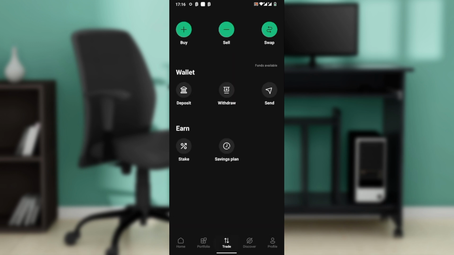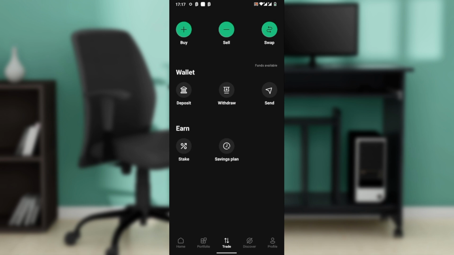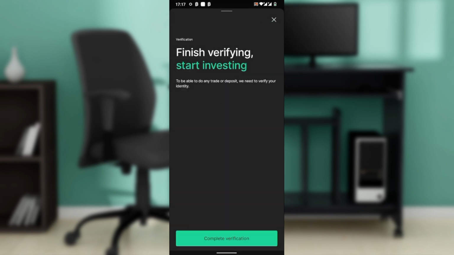Tap the trade button at the bottom of the screen, and you're going to see a couple of icons. From these icons, tap deposit. For you to go through the next steps, you need to verify. I can't verify because of selling restrictions, but after verification, then what you're going to do after tapping deposit and